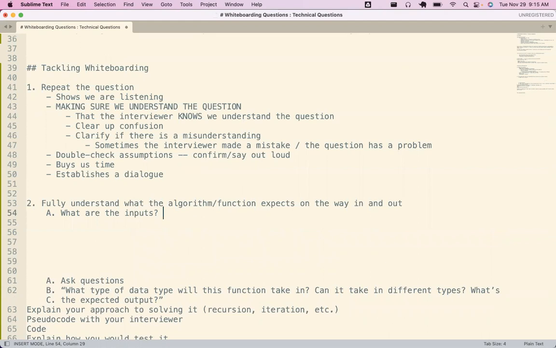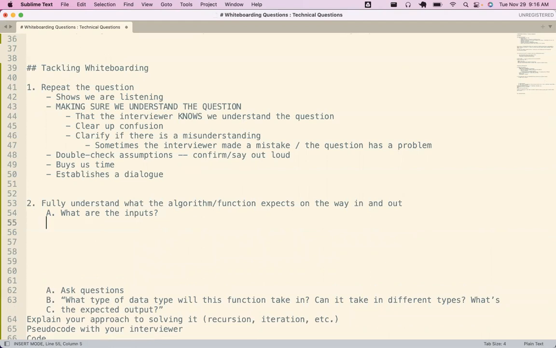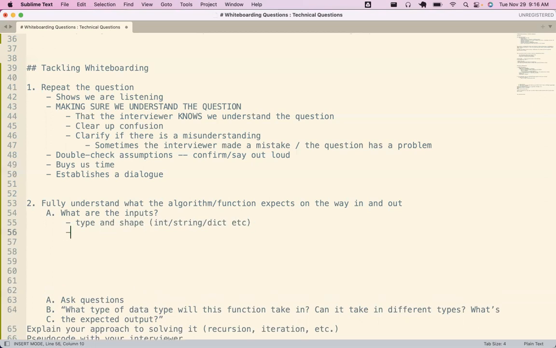Usually, there's going to be a function or algorithm, and there's going to be some kind of input to it. What are the inputs? What type of input? What shape of input?